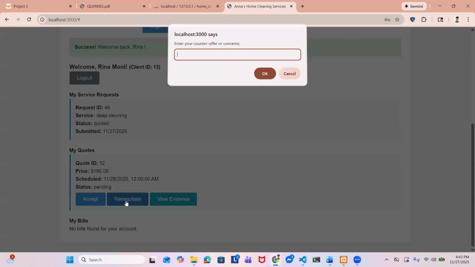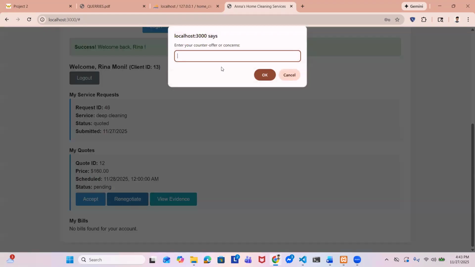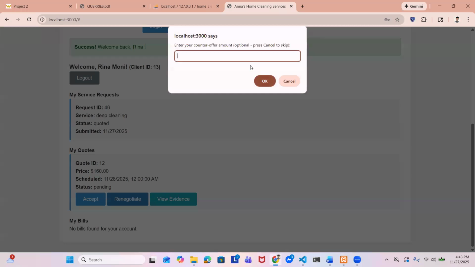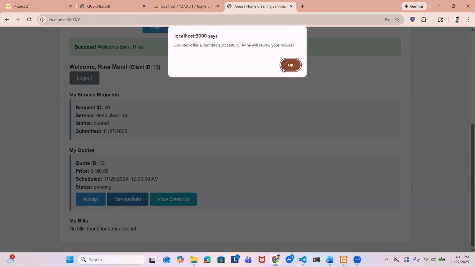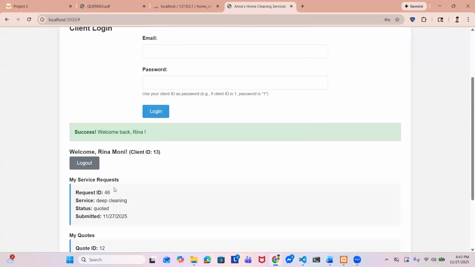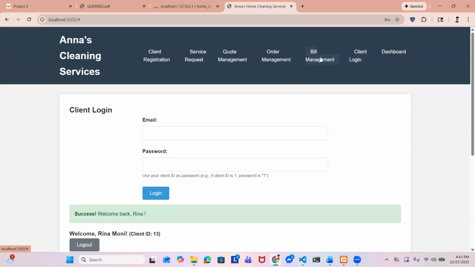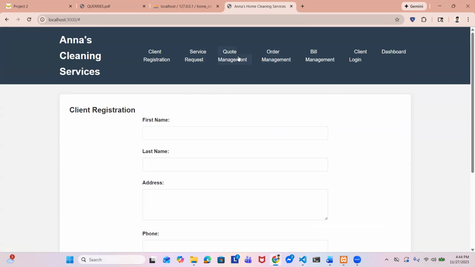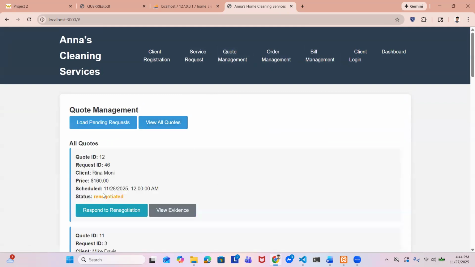So if Rina can renegotiate this offer, her counter offer maybe 140. So let's see. The counter offer has been submitted here. So if we go to the quote management section again and view all quotes, you can see that